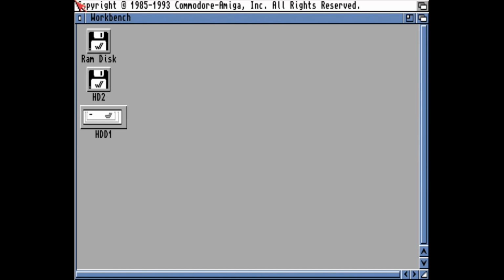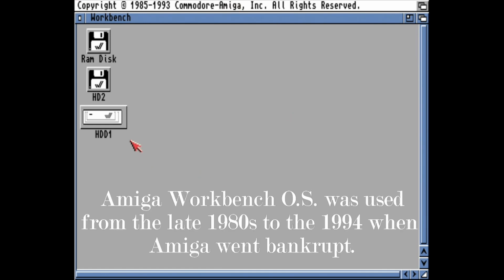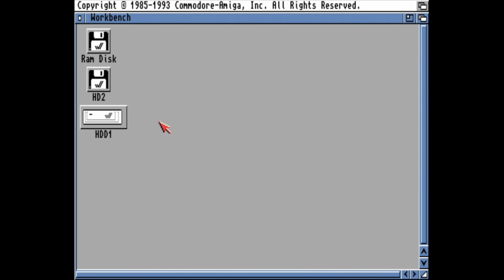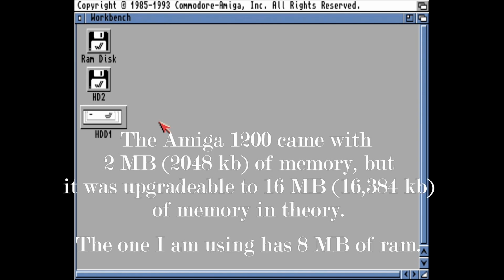So in today's video, I'll be talking about antiquated GUI, or graphical user interface, operating systems, and this is Workbench OS for the Amiga 1200. So basically, what's unique about Amiga's Workbench GUI operating system is that it used